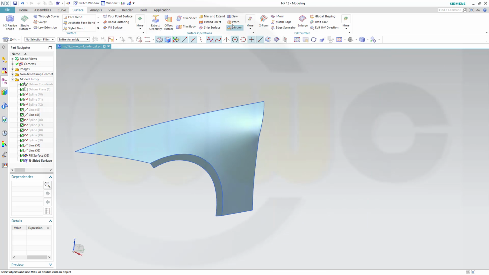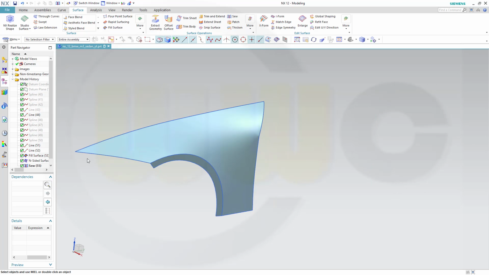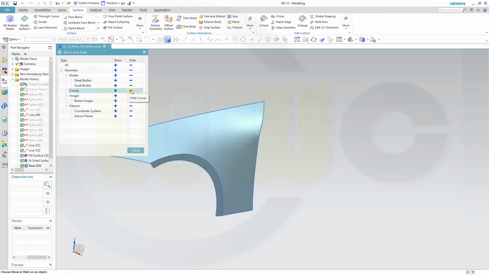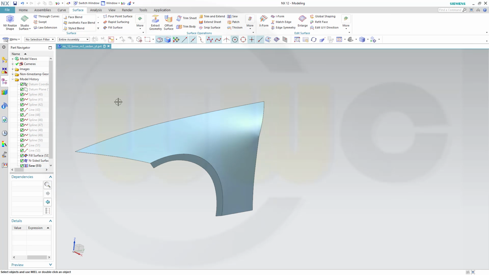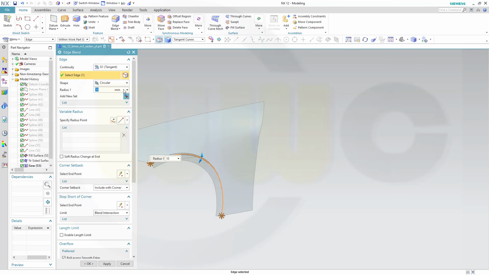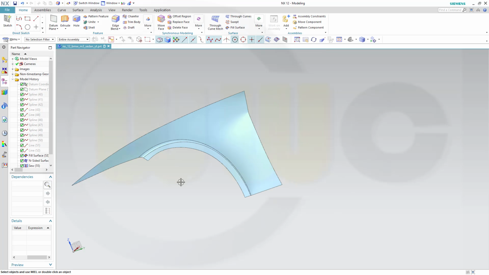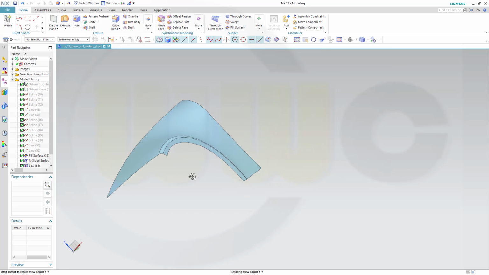Now I want to sew those two surfaces. Go for OK. Hide the curves and let's try to make a fillet here. So go for an edge blend on this edge here. Maybe 30 millimeters. No, not 30, but 20. That should look okay. And confirm. And I will leave it like that,